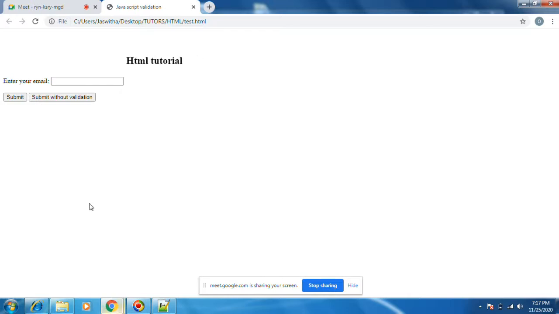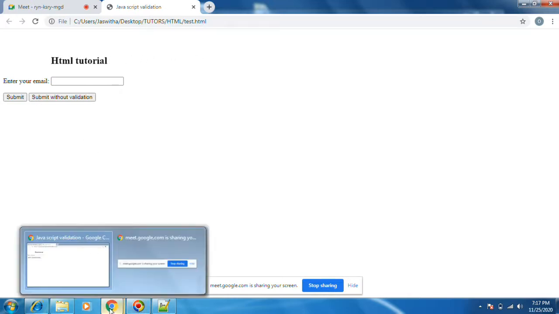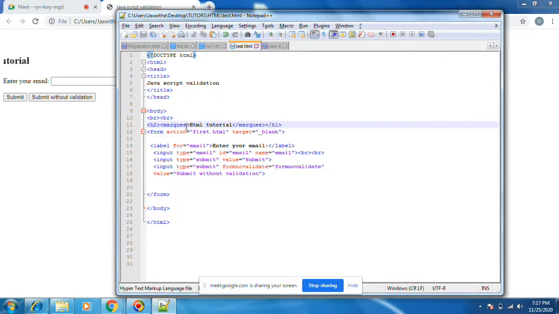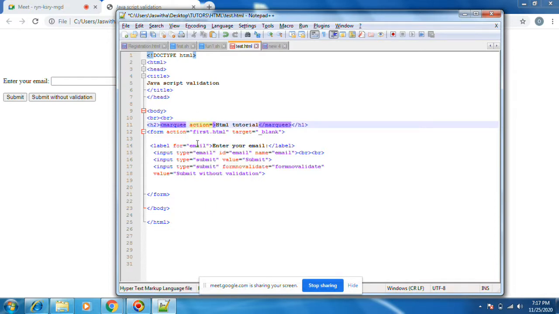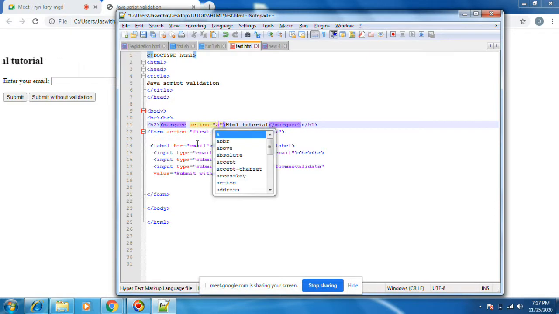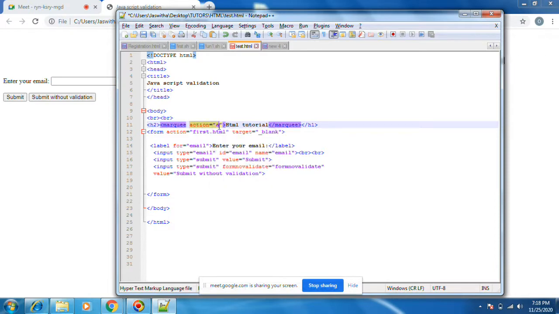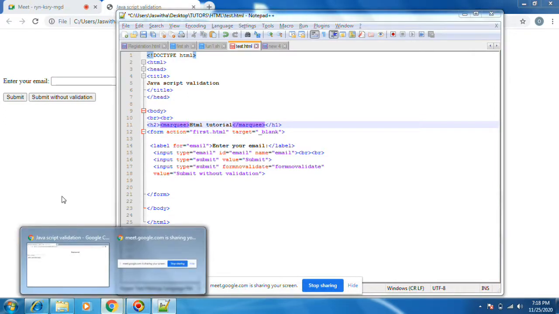Some marquee attributes are also there. You need to check on Google. Marquee attributes.